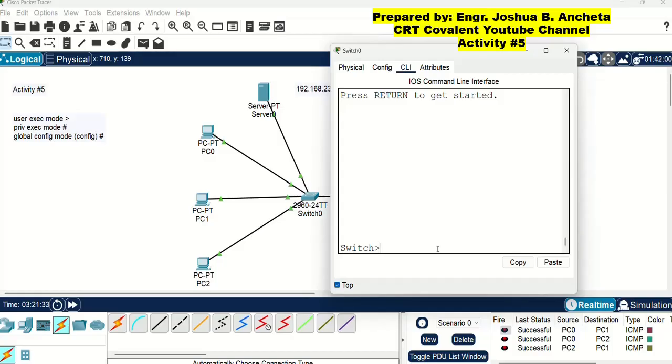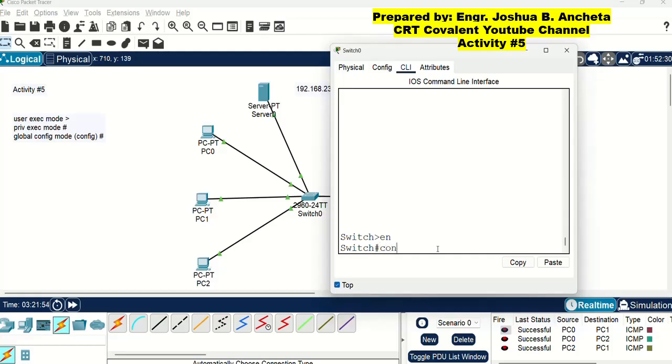Previously, we typed enable. But this Cisco Packet Tracer can accept shortcut commands. We can just type en, short for enable. It will be accepted and it will go to the privilege executive mode.